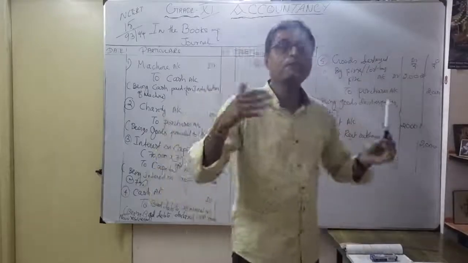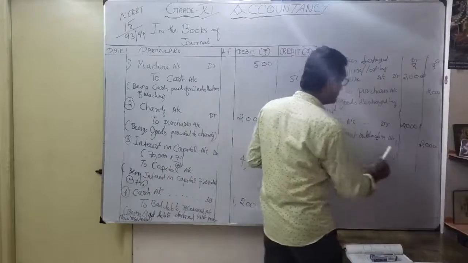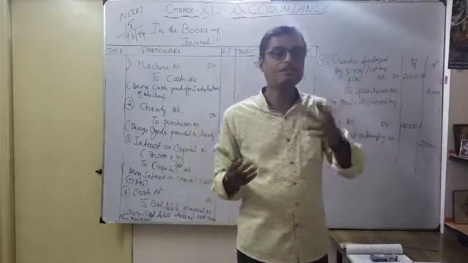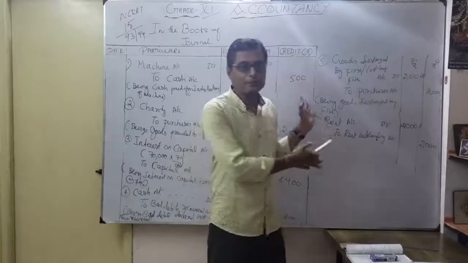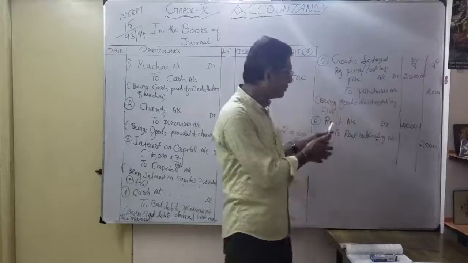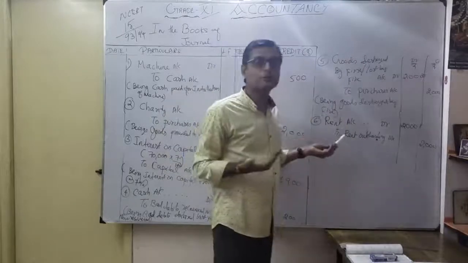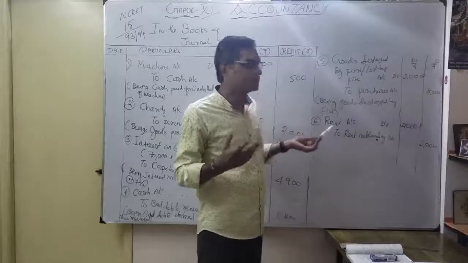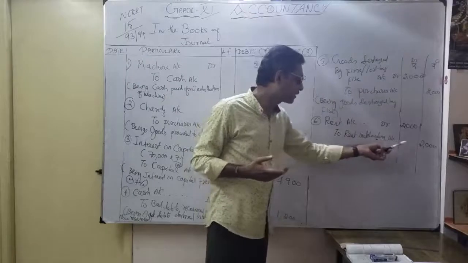Okay. So later on, when you pay for the next month, you want to debit rent outstanding account, debit to cash. Understood? The net effect is rent account debit to cash. Here, I have not yet paid, but I want to show it. For example, March month I want to show as rent. So March month rent you are going to pay only in April. Correct? So how am I going to show it? I have not even paid the money. That's why I am showing here rent account debit 2000 to rent outstanding account 2000.